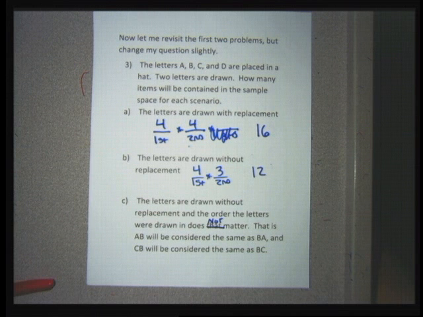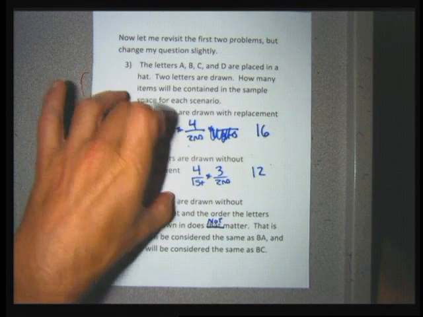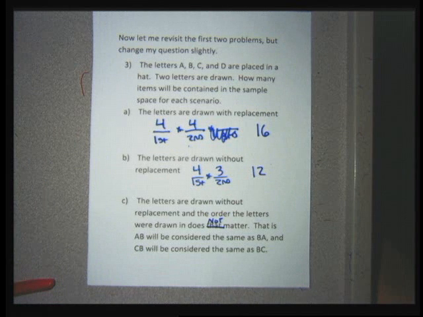Part C, I can't get using the multiplication principle because of the order not being important. Doing the multiplication or the counting principle, when I multiply to get my number of items in the sample space, that inherently assumes that the order is important. And if the order is not important, the multiplication principle overcounts. And to figure out how to get the answer, that's what's new to section